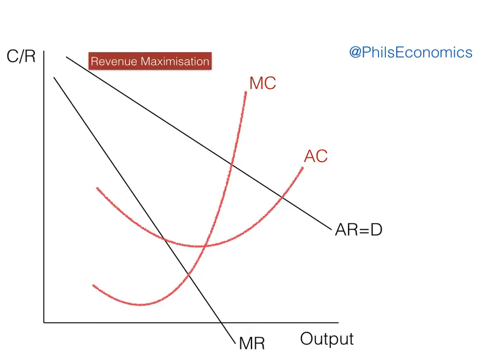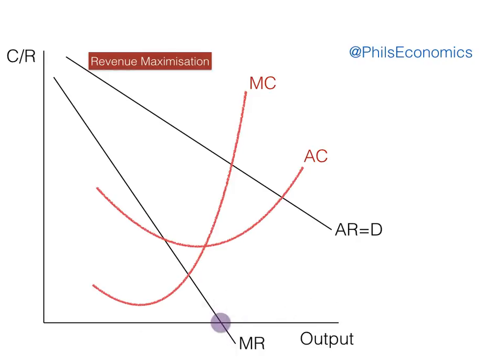Another output that could be significant for a business will be the revenue maximization output. This is the output level where the most amount of revenue that a firm could have coming into a business is achieved. This might be important at certain periods of the economic cycle, such as downturns or recessions, when cash flow is low and firms need money to come into the business. By pricing at the output level where MR equals 0,